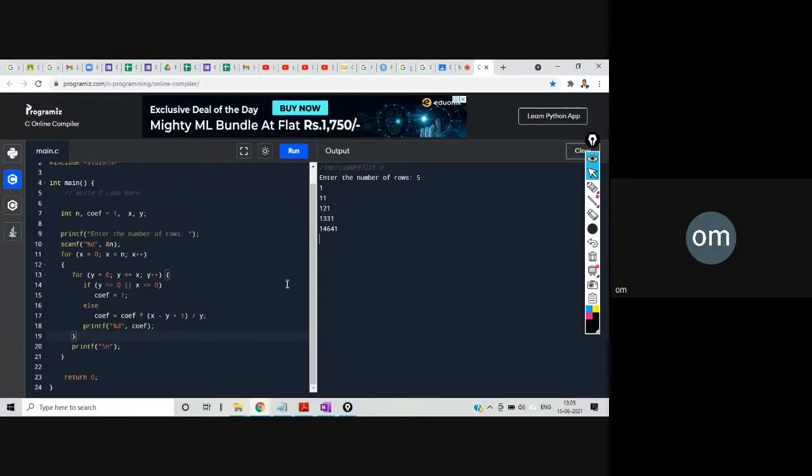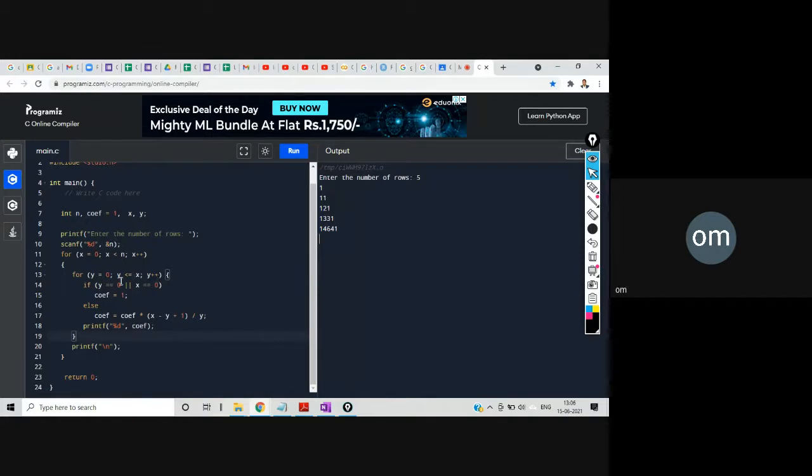Okay, so this is the code for the Pascal triangle, and you should try to learn it, because I have covered this particular triangle at the end of all the patterns, right? So just try to remember this. I've changed the formation of this one in a different way. I just made the changes of x and y, right?